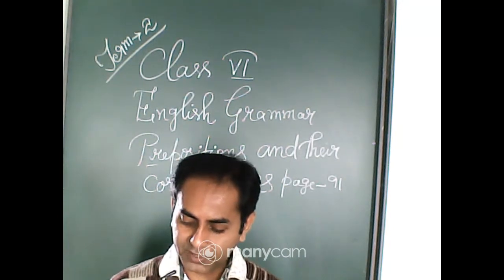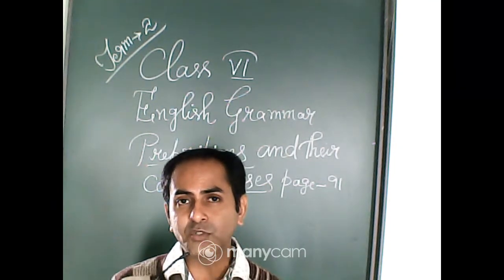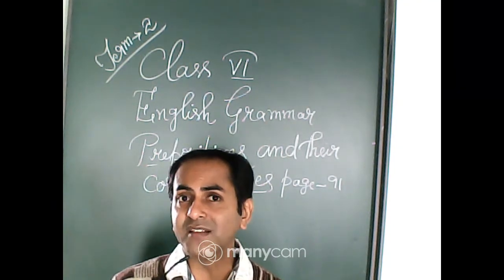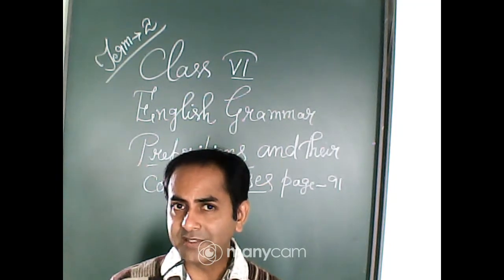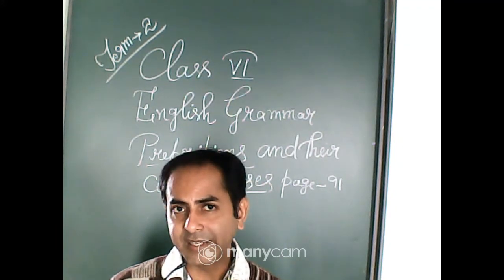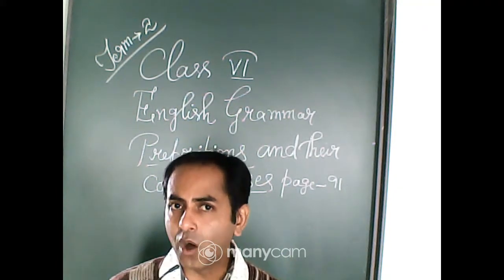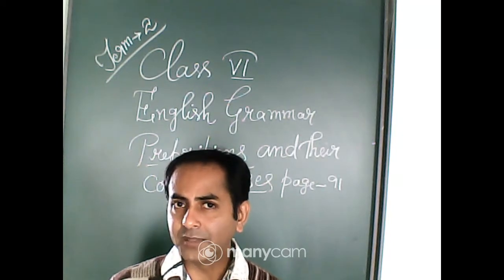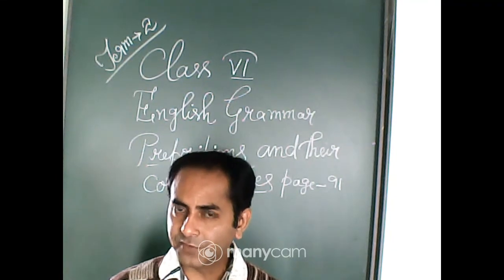object of a preposition. What do we mean by this one? The object of a preposition. Beforehand we have come to know about the object of the transitive verb. We have come to know that when the verb is having an object, then that verb is said as the transitive verb. Like Rohit killed the bird. Rohit killed what? The bird. So here the bird is becoming the object for the verb killed, and it is becoming there the transitive verb.